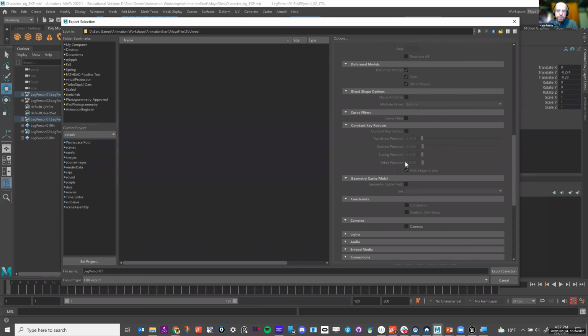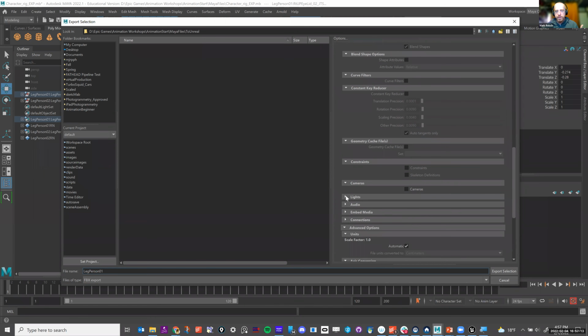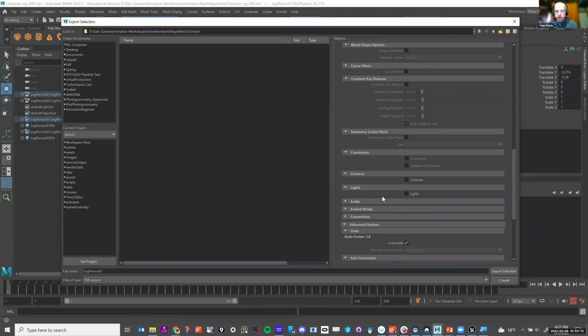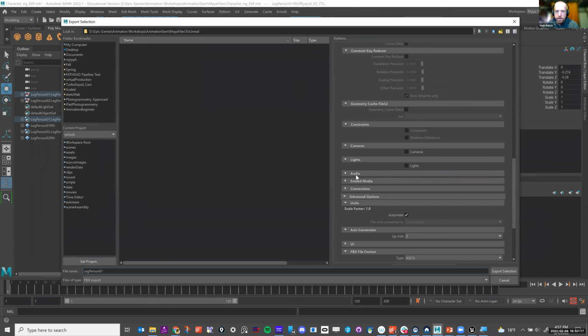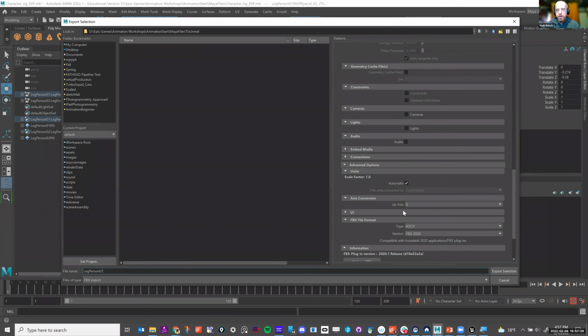The other default thing that is usually on is cameras. We don't have any cameras. You can shut that off. We also don't have any lights. If for whatever reason that's on, we aren't exporting out any lights. I don't even think any audio either. You can turn that off. If the lights and audio and camera are on, it's not going to make or break. It's just adding more junk that you don't need. But if it's on there, it's not going to kill you.